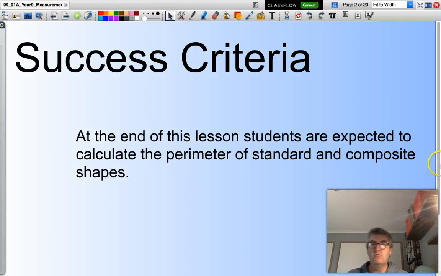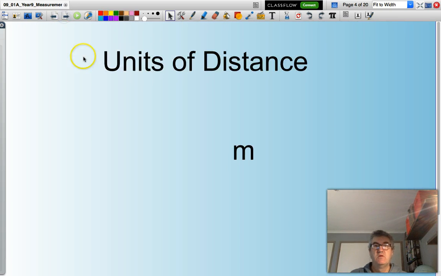Hello and welcome. In this presentation, we are going to look at calculating the perimeter of some standard and some composite shapes. As you are probably aware, perimeter is about working with distance. The standard unit of distance is a meter, and quite often we need to convert distances between meters